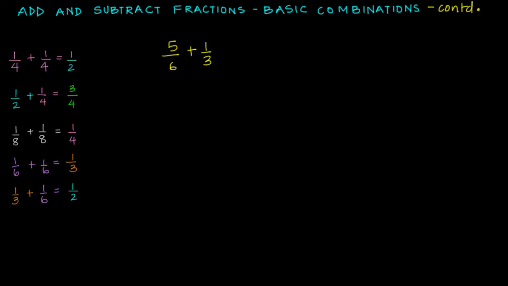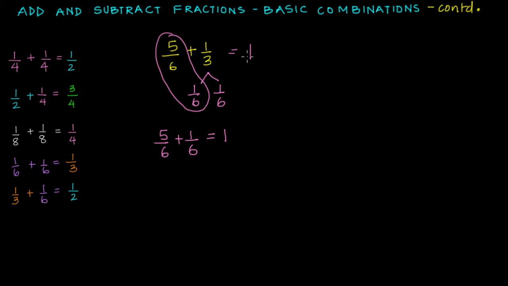How much is 5/6 plus 1/3? We know that 1/3 is equal to 1/6 plus 1/6, and that's a number bond that will be useful for us to solve this problem. 1/3 equals 1/6 plus 1/6. If we join the 5/6 and the 1/6, so 5/6 plus 1/6, that is a whole, which means when we join these together, it's a whole, and I still have this 1/6 left. So I have 5/6 plus 1/3 equals a whole and 1/6.